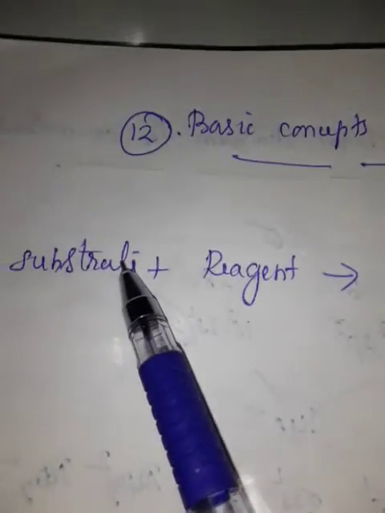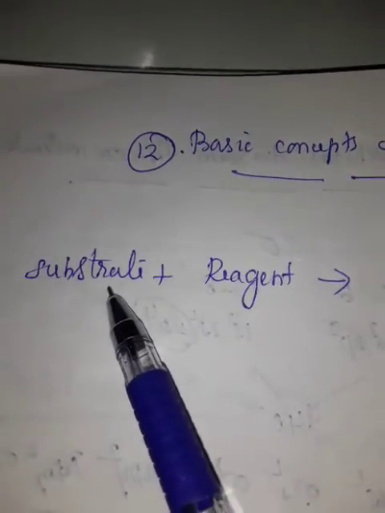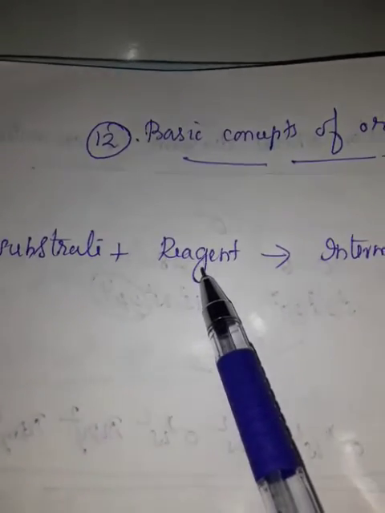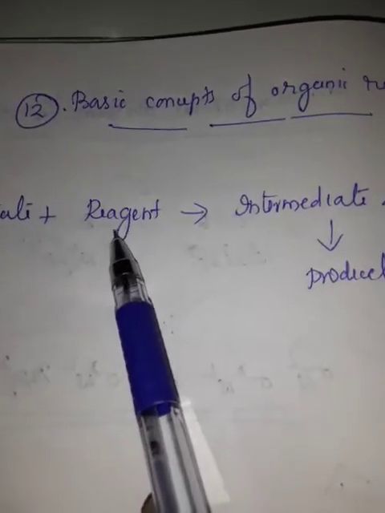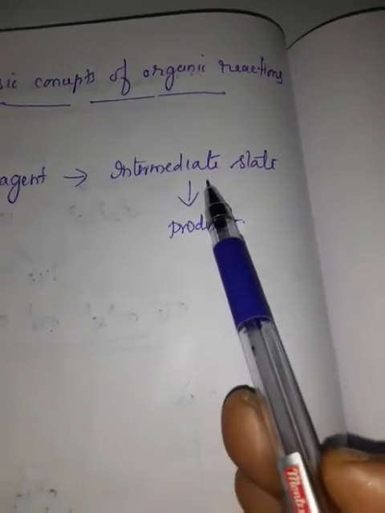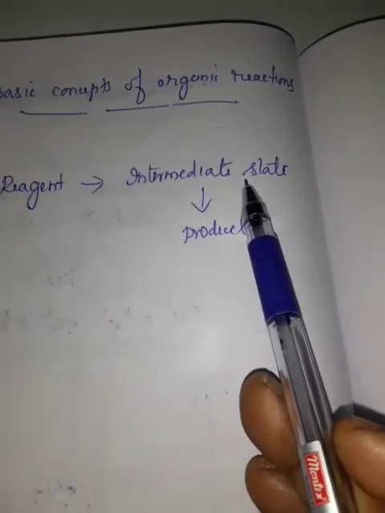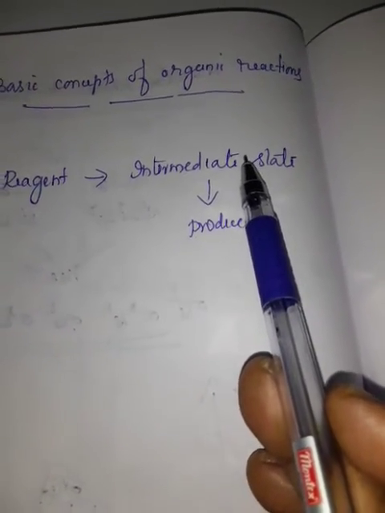Children, today we are going to learn about some basic concepts of organic reactions. Generally, while writing a chemical reaction, the reactant will be on the left-hand side and the product on the right-hand side. Similarly, in organic reactions, instead of reactant, the name substrate is used, plus a reagent. The substrate plus a reagent gives an intermediate product, intermediate state or transition state, that is in